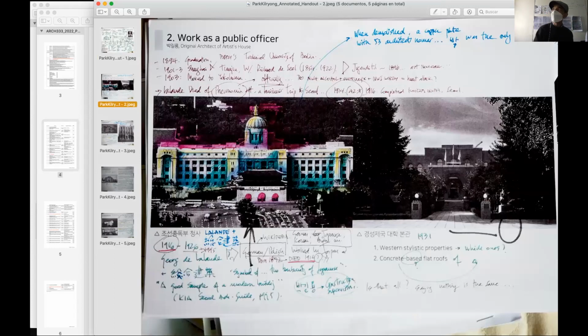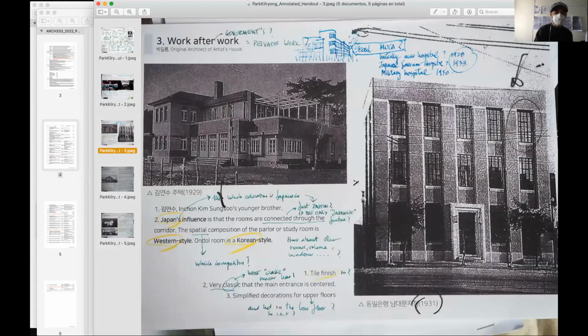Well, this is the building, right? It is demolished, but he was working there. 1931, don't look at the comments because they are not useful for us. This is one house, when he was still not independent. This is the one I'm not sure I saw somewhere. This is the bank, which was interesting, what you showed the other day. So there are more things that we should comment on. I was watching your uploaded drawings, and this was more interesting than it seems. The comment is more than this, it's just symmetrical.